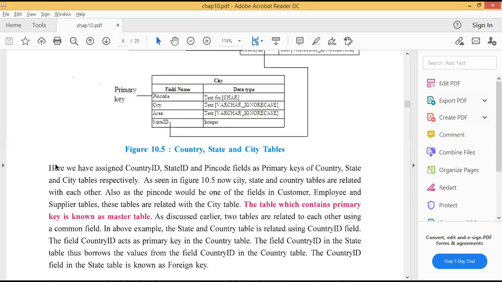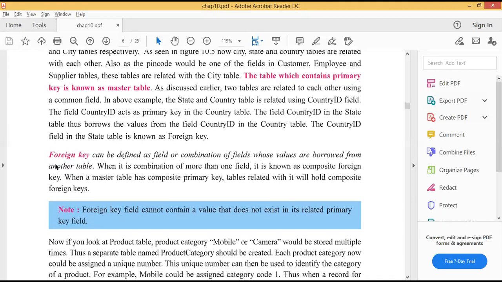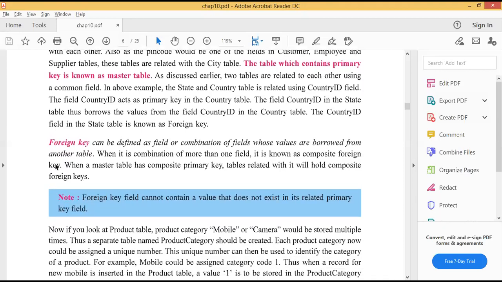Same way, if the record is available in the master table, then only it will come in another table. We call that another table a child table. So what is a foreign key? It doesn't have its own value. The values of that table are borrowed from another table.